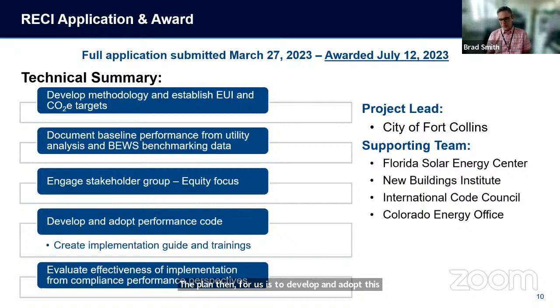So again, people will be targeting energy use per square foot by building type. That's what they'll be constructing to. And then along with that, we plan to create an implementation guide and trainings. And then the benefit to us being a municipal utility is we'll be able to evaluate the effectiveness of this from an implementation and compliance standpoint and through utility analysis. So the idea is 2024 code, 2027 code, ultimately zero carbon by 2030 code. We will be able to take the code that we adopted, do utility analysis, look at the performance data, and find out if we're on target with the energy use per square foot targets that we've established.